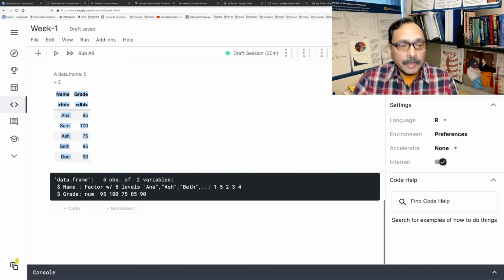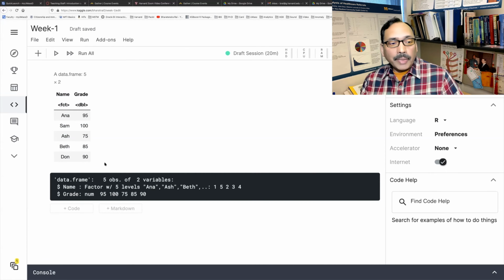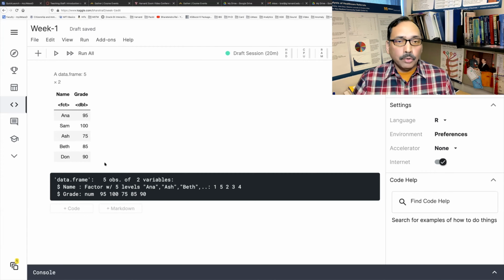It's tiny data, but typically you may be working with data which may have many variables, many rows and columns, and you don't want to print the entire data on your screen because your screen may not be able to accommodate everything. Since this is a smaller data set, I'm able to show you, but typically people want to see the structure of the data and see what kind of variables I have, what are their names.